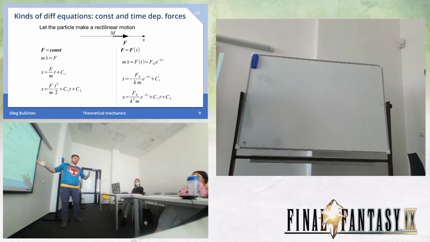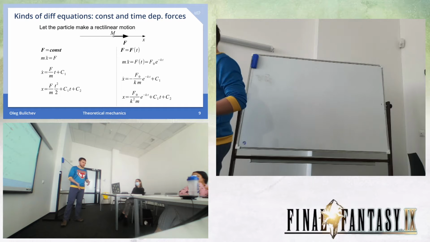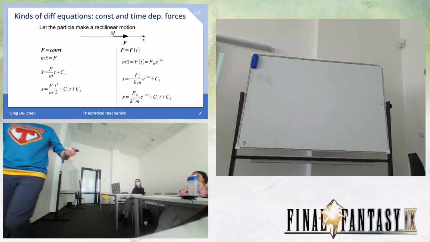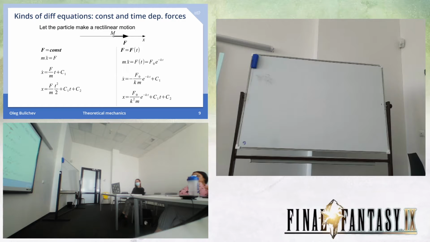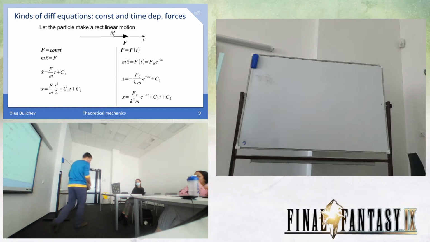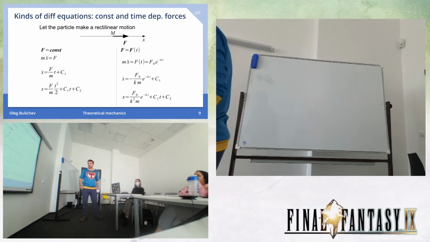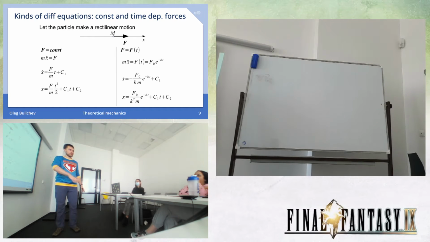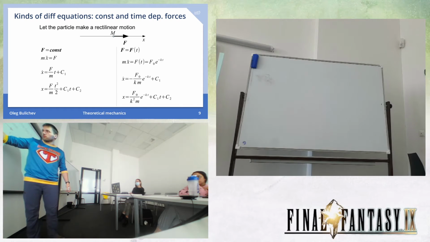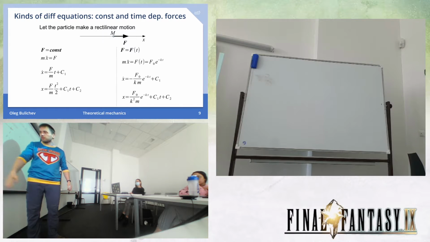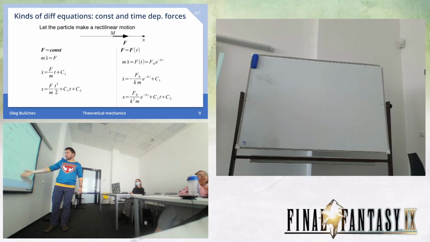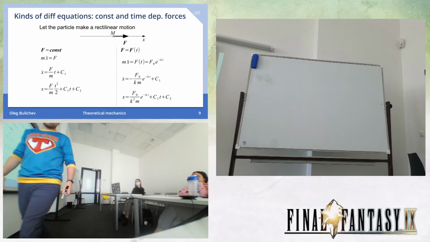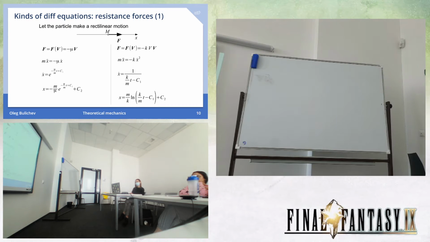Of course, for some cases, you cannot solve it analytically, you have to solve it numerically, and it's the reason why I use coding in this place, because you cannot do it otherwise. If we're talking, of course, about more complicated systems than just, like a board which tries to move along the x direction. We have constant force, we have bam, bam, bam, and it's with respect to time. In this case, we will have exponential. For resistance forces,